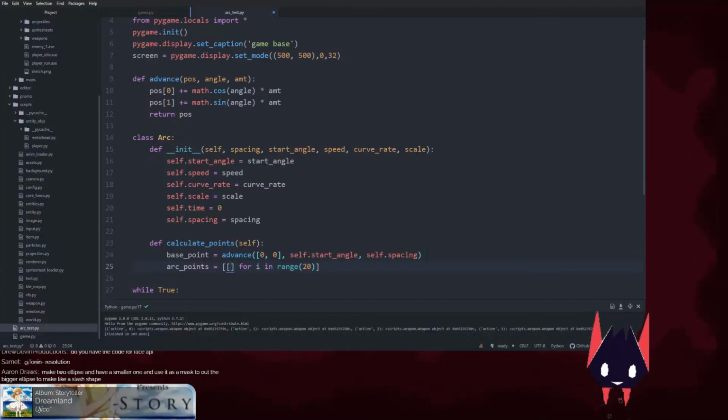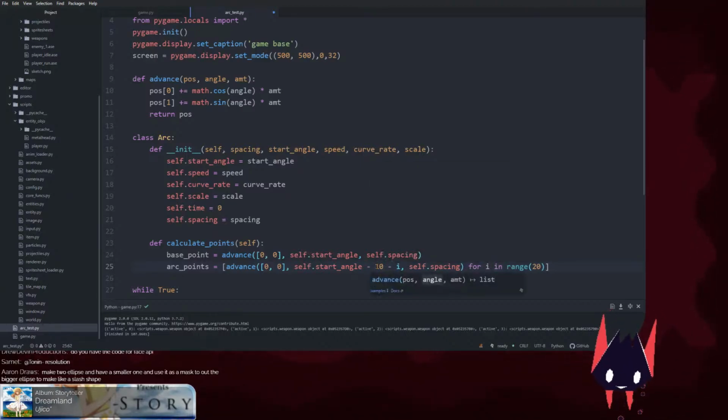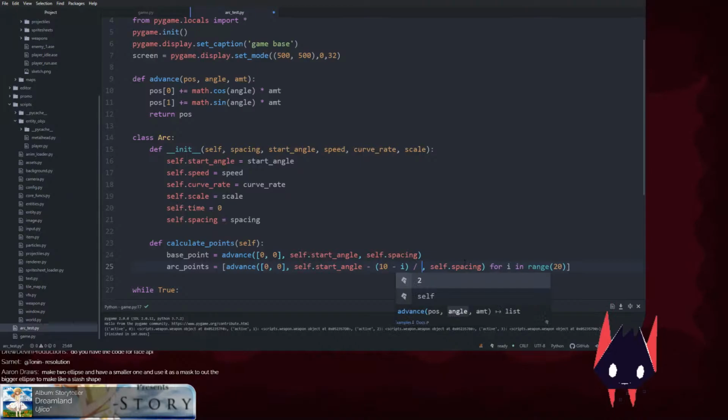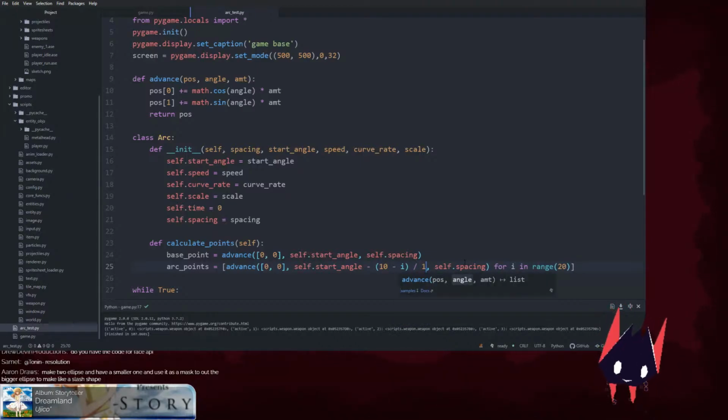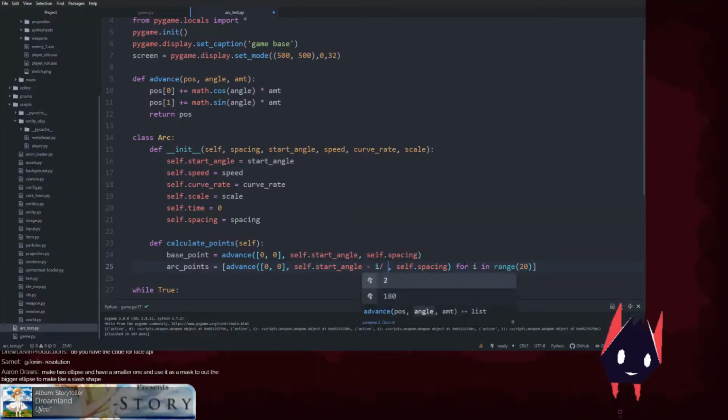So it's going to be the advance of this, actually, and minus 10 plus I. Wait. Or I can write it like this. Divided by 1. Or, no, actually, minus 1, wait, no. So I divided by,